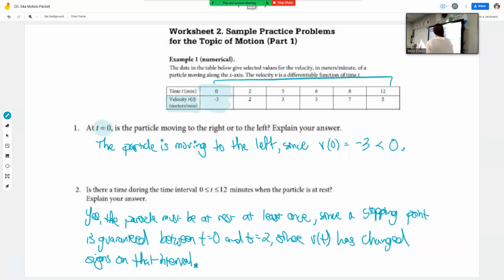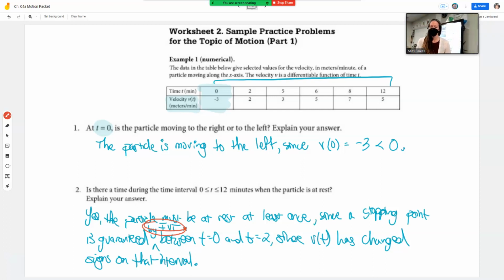The one thing I would add to yours and mine is by IVT. That was dangerous for me not to put. Sometimes if you state a theorem, you're okay. Like I stated there was a change of sign, so a 0 was guaranteed. I basically stated IVT without saying by IVT. But it's definitely safest. AP graders totally know IVT, EVT, MVT, FTC. You can use those abbreviations. Acronyms. Why did we do t equals 0 to 2?